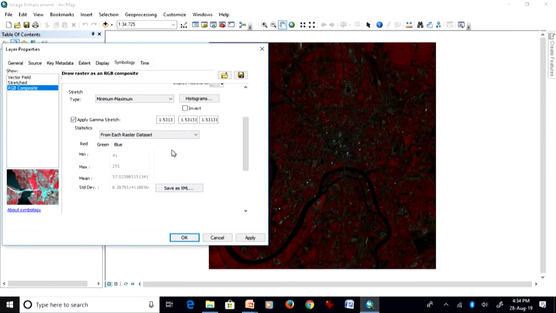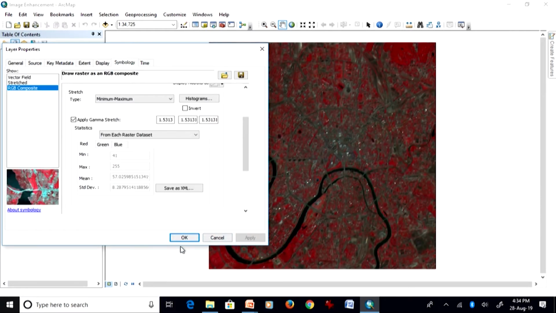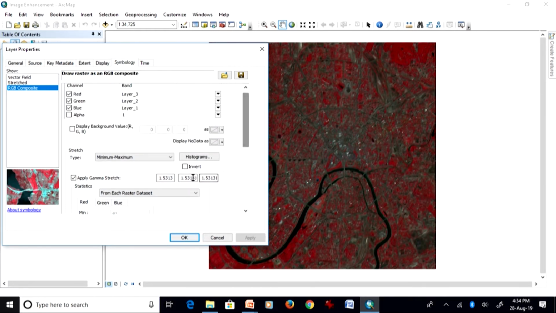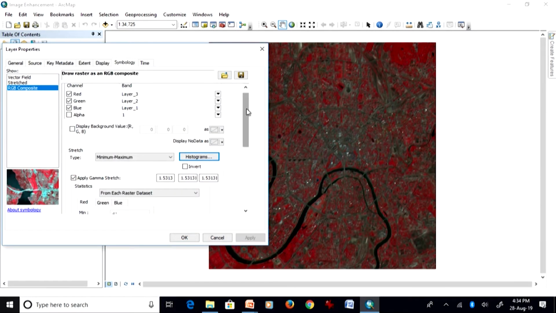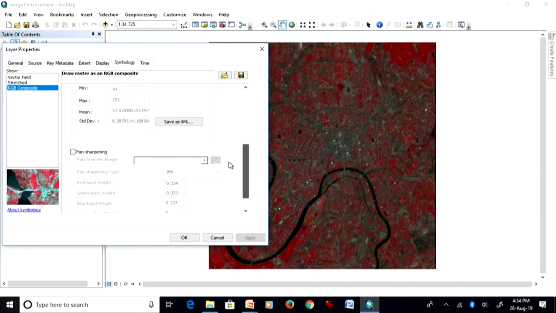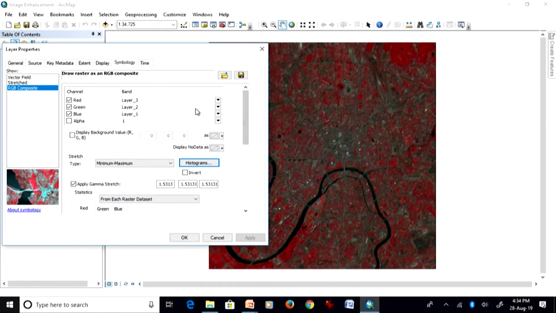But if I now use the value 1.5 and go for this one, I will see that the image has got brightness and things have really improved. There are a lot of options available here, and you can definitely see those options. And what I say to my students is that you play with these software tools. You spend more time on them; a lot of different options are available.